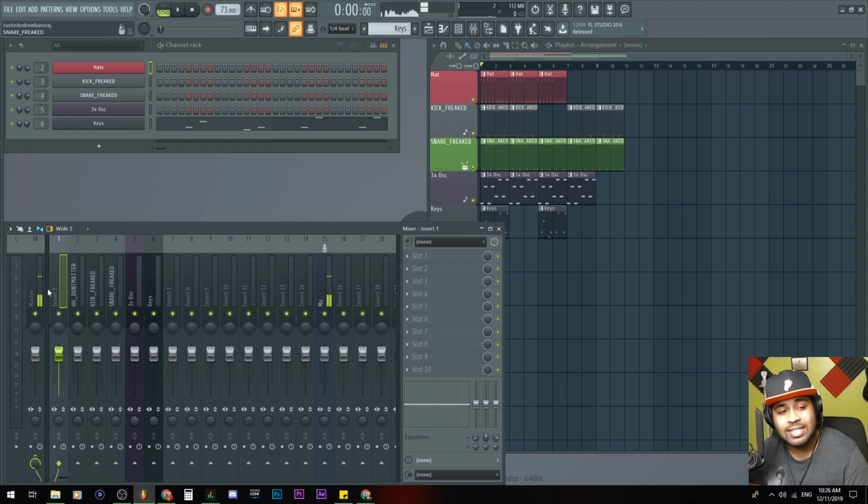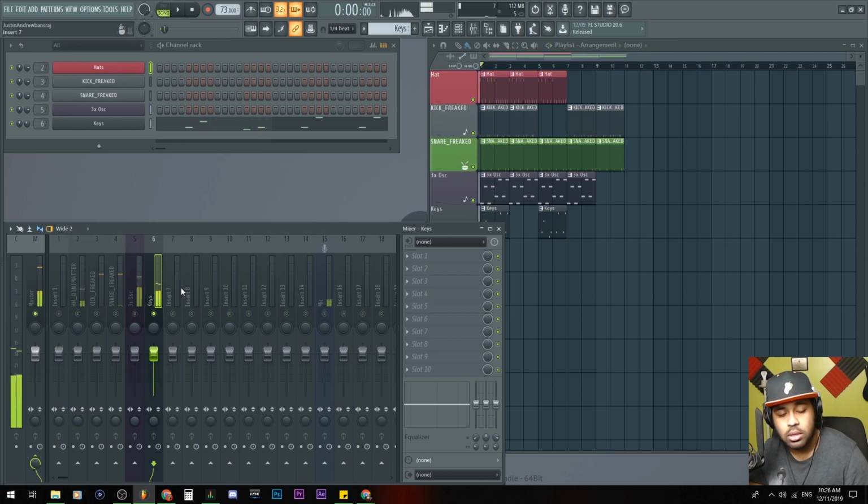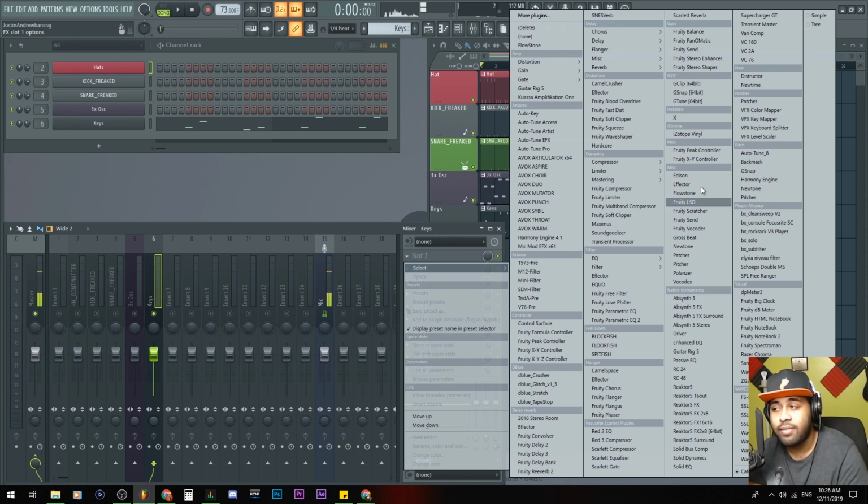Next thing we'll look at is the effects that we can apply to any of the inserts here. Because the keys has melodies, let's just play around with effects for that. First of all, over here you'll see on the right side it says slot 1 through slot 10. These are your slots to put in effects. If you click the arrow, and again, I have a lot of things here, you may not have as much, but you'll have things like the delay, dynamics, the filter, the flanger, and so forth. This is where you'll put in effects.